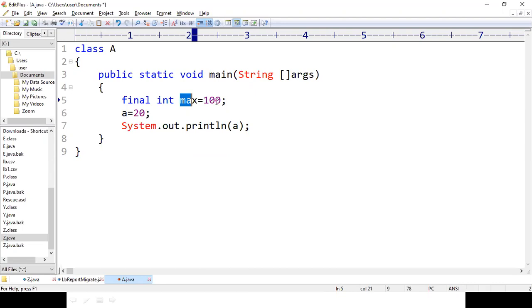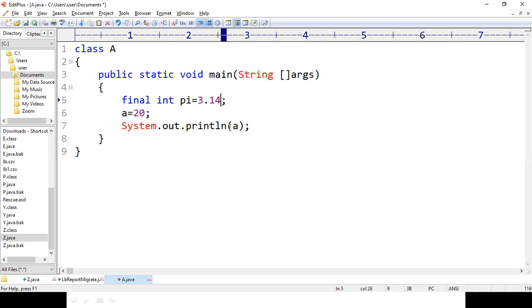The maximum value will not be different for different students. The maximum value will be constant for all the people. Or if I want to declare the value of pi, I can declare pi equal to 3.14. Nobody in the program can change the value of pi because it was declared as final.